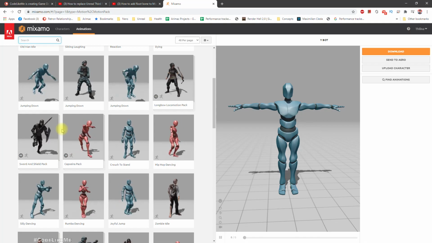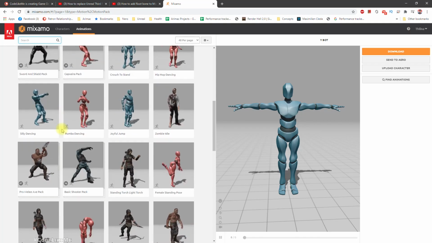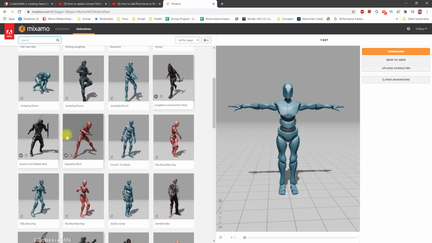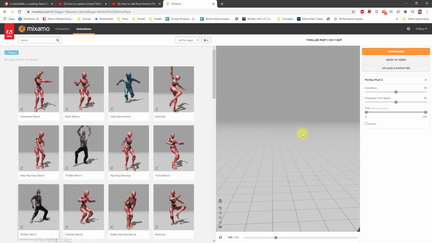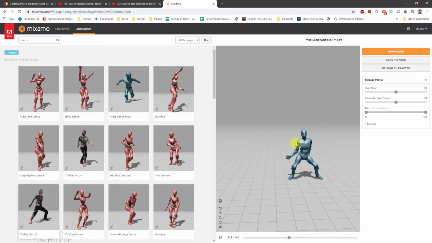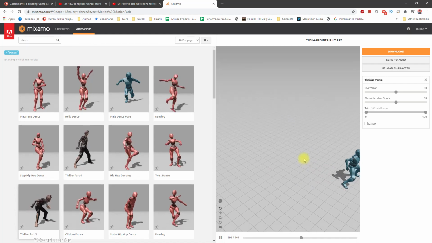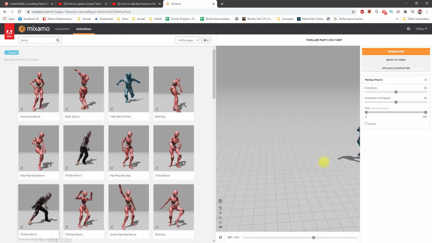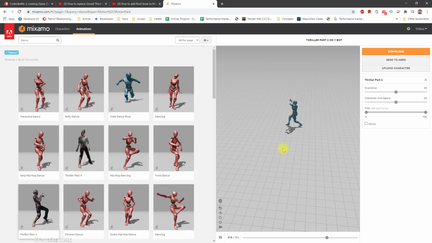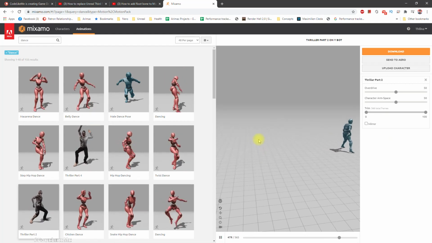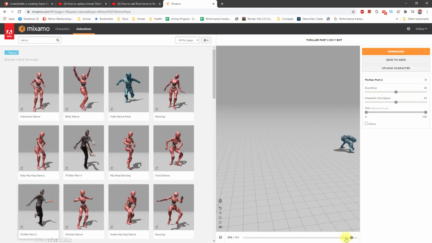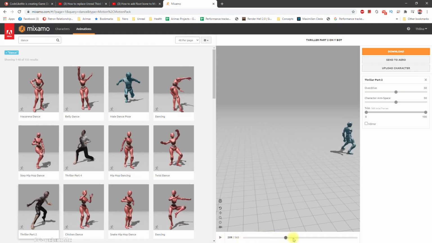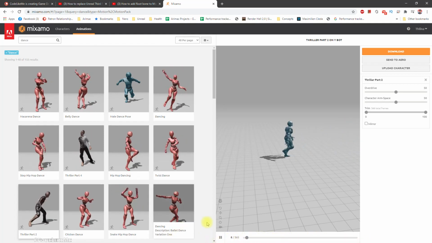Let's download something like, yeah, let's download this Thriller animation. This is cool because this one has root motion as well, so I can explain the root motion part too, because the character starts the animation here and moves like this. Okay,